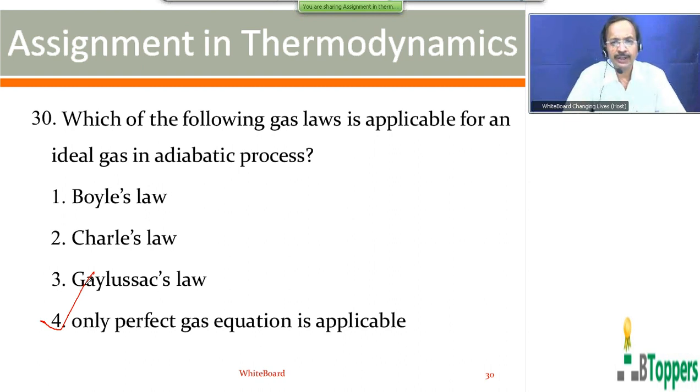Next I will be showing you the continuation of the assignment in thermodynamics. I have shown only the questions numbering 1 to 30 so far, and I have also discussed the solutions for all the questions 1 to 30. Next I am going to show you the second part of the assignment in thermodynamics, that is, the questions numbering from 31 to 60. As usual, I will first show you only the questions on the screen one by one, 31 to 60, one after another. At the end, I will show you the answers. And in later classes, I will be discussing the solutions of the questions numbering from 31 onwards.